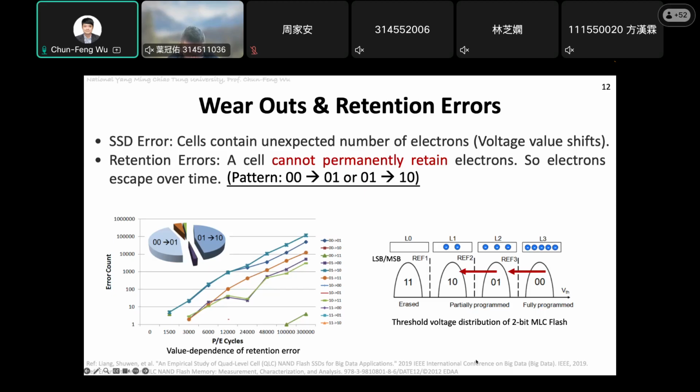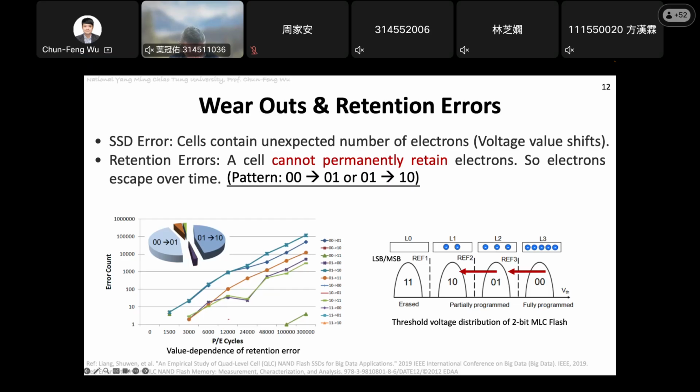So maybe you are curious, is there any possibility the error will go in the reverse direction, which means any error that lets a cell change its status from 01 to 00? Yes, it is possible, but this is not called a retention error. Sometimes there is a thing called read disturbance, or disturbance error. So disturbance, you can think about it like this,